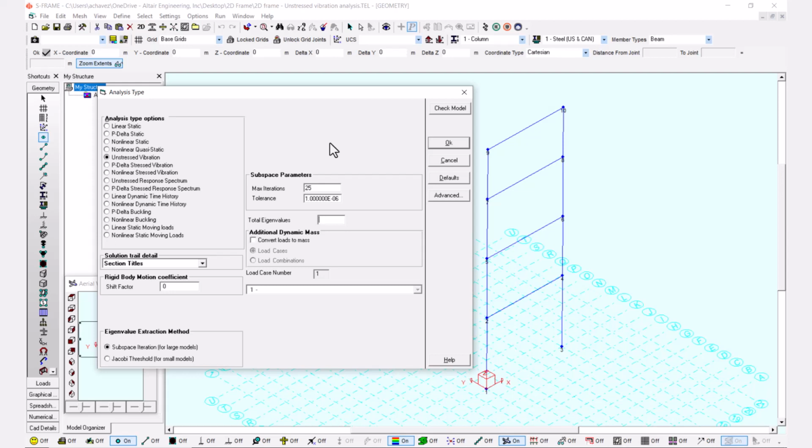So in this case, I will be going for a total of 2 eigenvalues so we can conclude our analysis, and I will be clicking on OK. But before I do so, if you are interested in extracting the stiffness and mass matrices for any application that you may like,